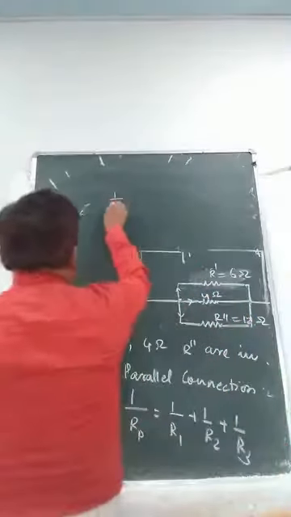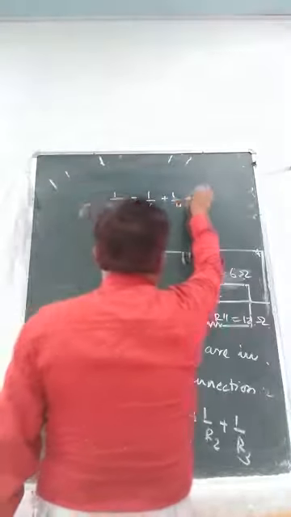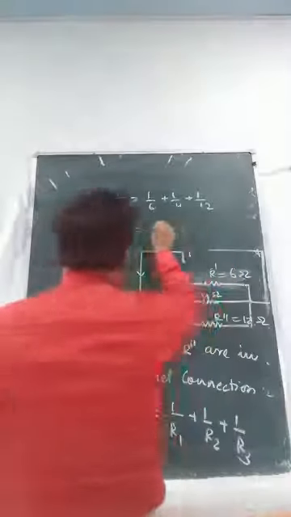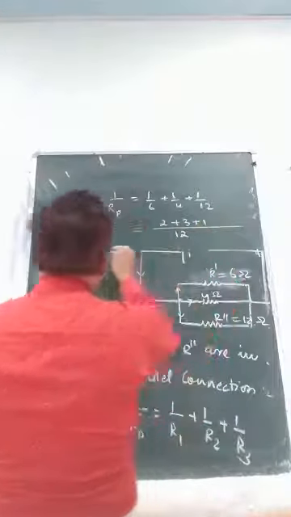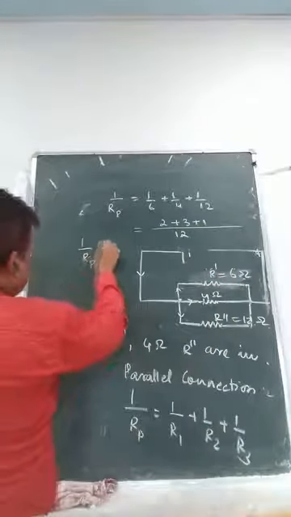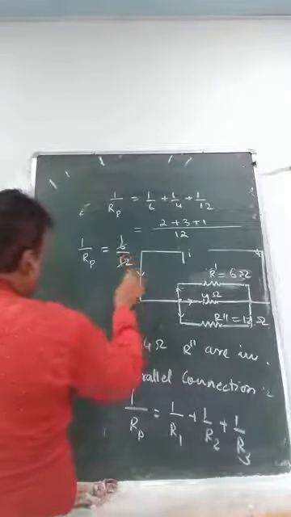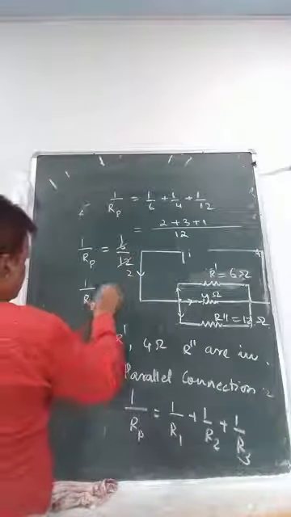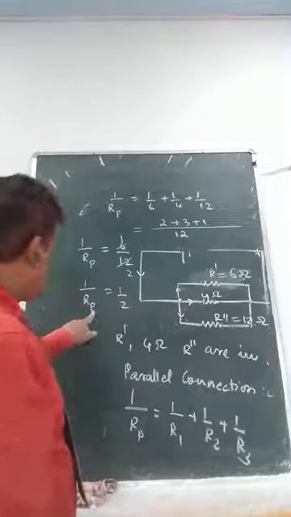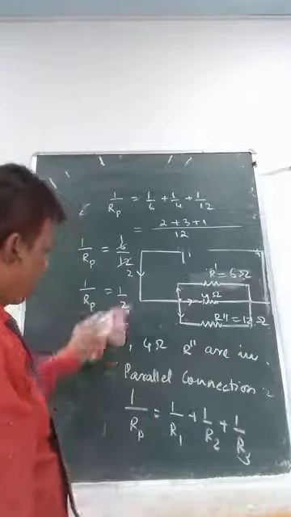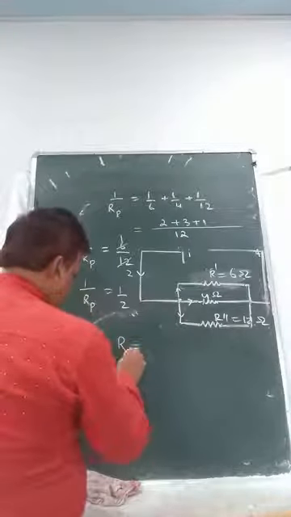1 by the parallel resistance is 1 by 6, 1 by 4, 1 by 12. So 12 is the LCM. This is 2 plus 3 plus 1. So 1 by Rp is 6 by 12, that is 1 by 2. Invert it. Inverting means the new resistance is 2 only. The new resistance is 2